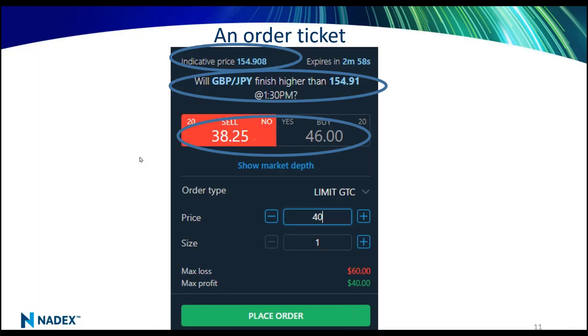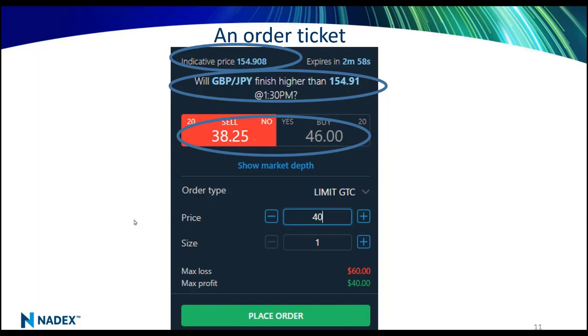Something also that is very, very different at Nadex than other binary option providers is we have a central limit order book. We have an open central limit order book. Anyone can place a bid. Anyone can place an offer. You can place an offer between the bid-ask spread or higher. You can place a bid between the bid-ask spread or lower. You can see the market depth on who's bid lower and who's offering higher. If you notice, there's even a number, the quantity, in the upper corner of the ticket. There's 20 of these bid for and 20 of these offered.